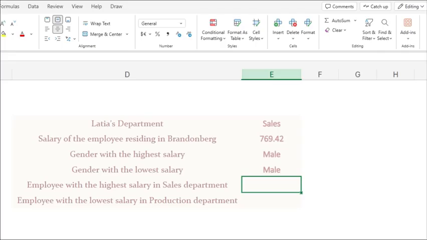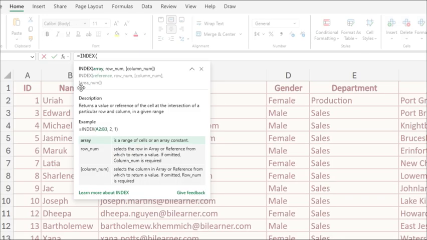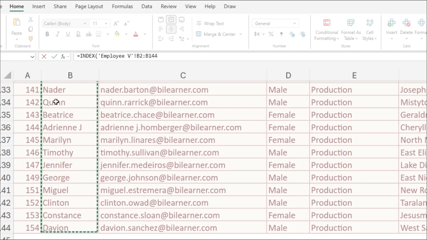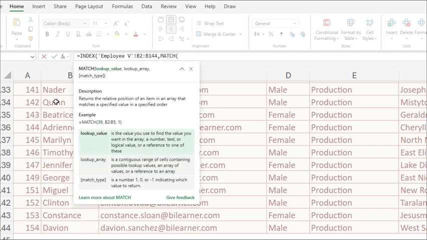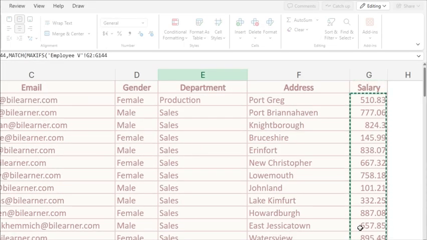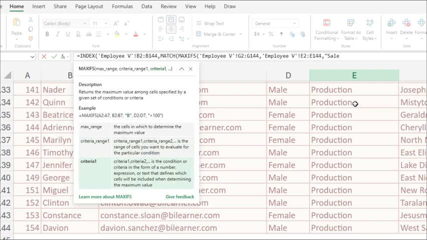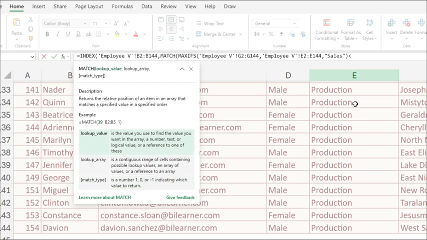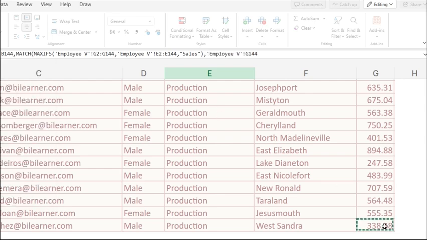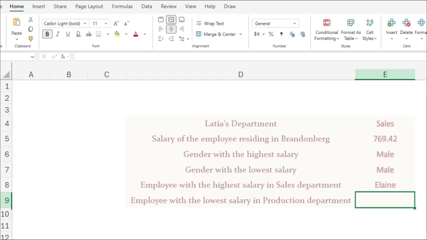To find the employee with the highest salary in a specific department, for example sales, we combine index match with Maxifs. Start index with the name column as the return array because you want the person's name returned. For match's lookup value, use Maxifs applied to the salary column with the criteria range of department and the criteria text sales. Maxifs returns the highest salary only within the sales department. For match's lookup array, use the salary column and set exact match. Close the brackets and index match with Maxifs will yield the name of the employee who has the highest salary